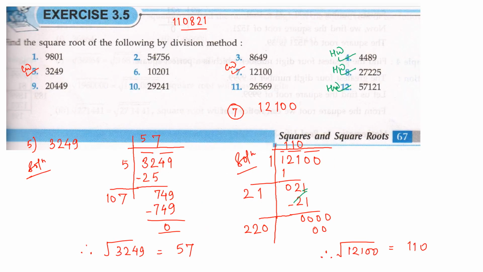So as you all know, in the last class we discussed how to find the square root of a number by the division method, isn't it? I think I made a mistake in the last class; you must have caught it. Please correct it. In place of 6, I wrote 4. So please do the correction, whatever is required.